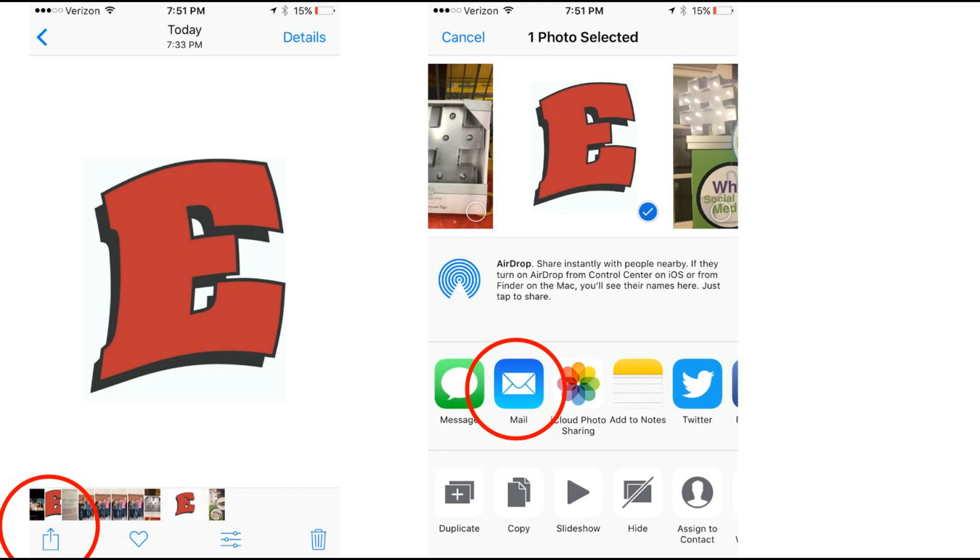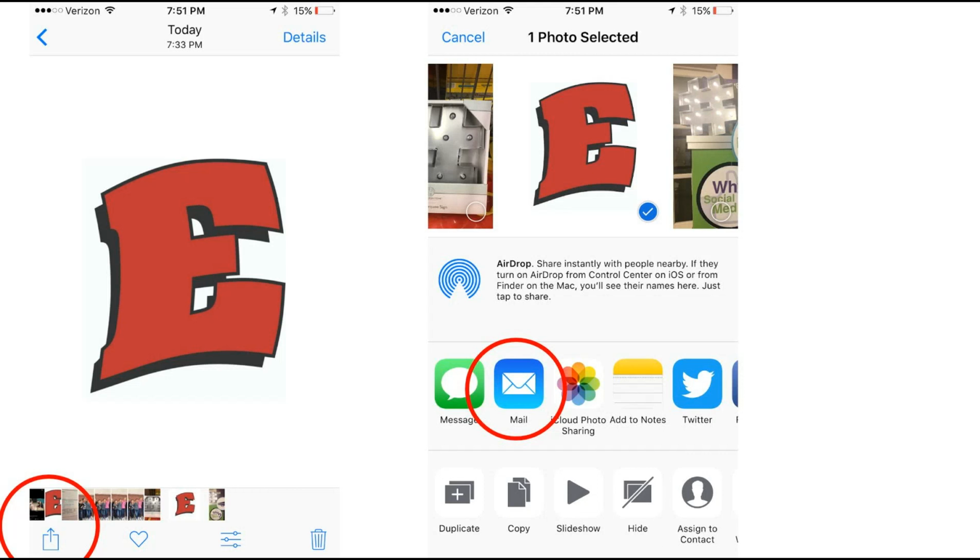Submitting pictures, this seems obvious to me, but this is a really important one. So, making it easy to submit, just explaining to people that once they take a picture, the easiest way to submit that picture is to go into your camera roll, find the picture. Again, this is on my iPhone, so I apologize to Android users.